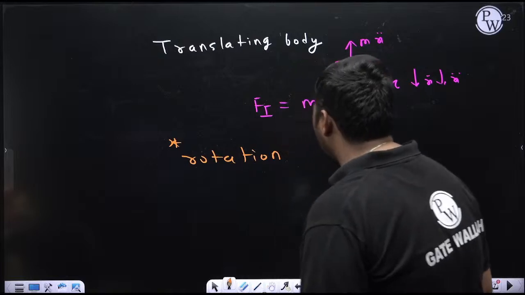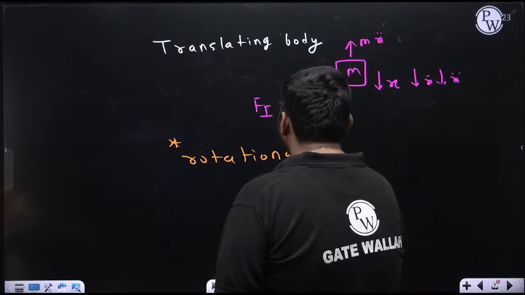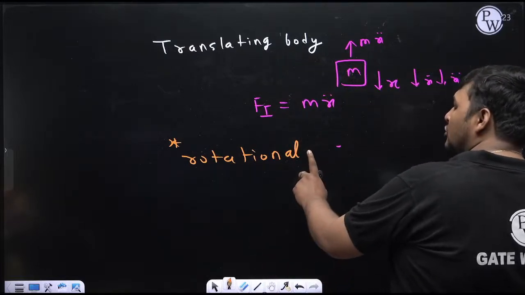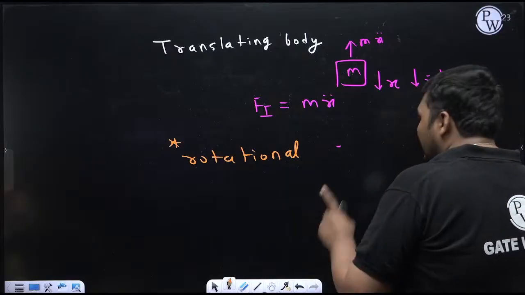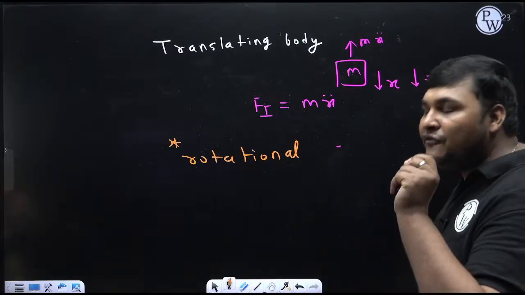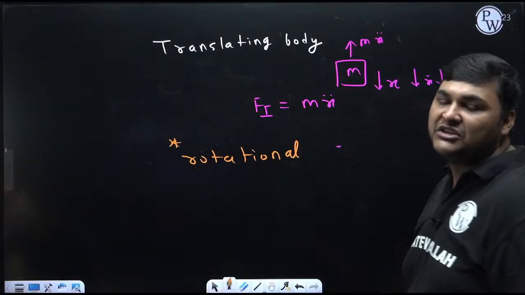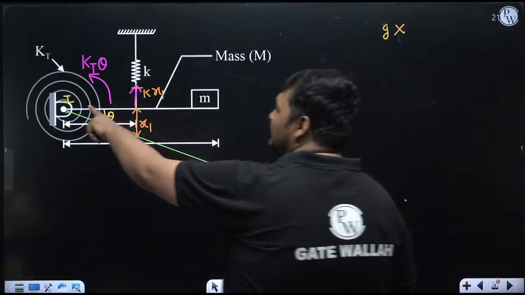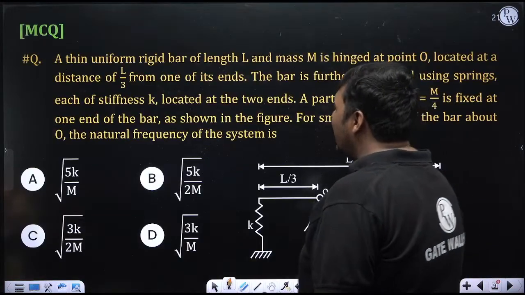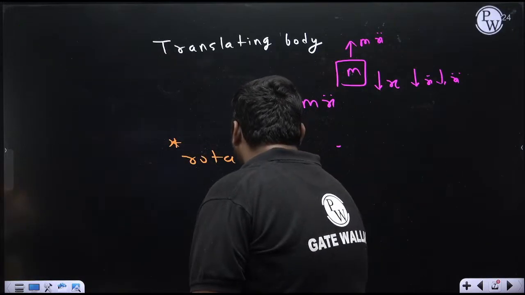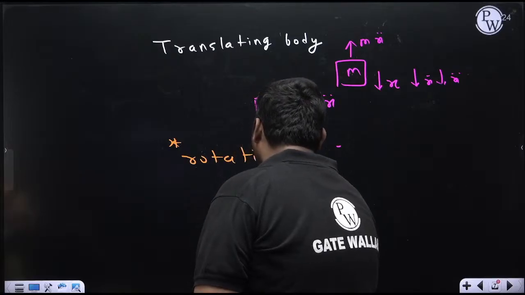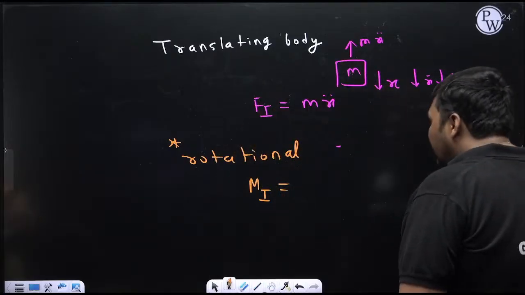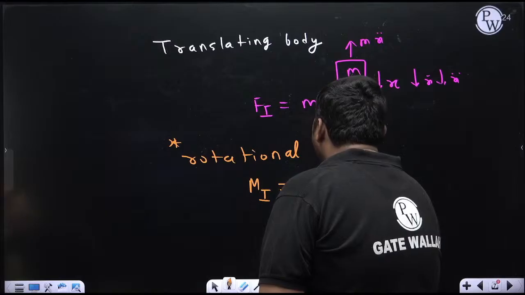But see, if any body is having rotational motion, or rotational plus translation motion, that case I will also take later. The method to solve the problem is the same for both cases. In that case, first find the I center of the system. Like here, the I center of the system is this. Now in this case, instead of inertial force, inertial moment will come. I am denoting it as Mi, and it will be equal to I about I center